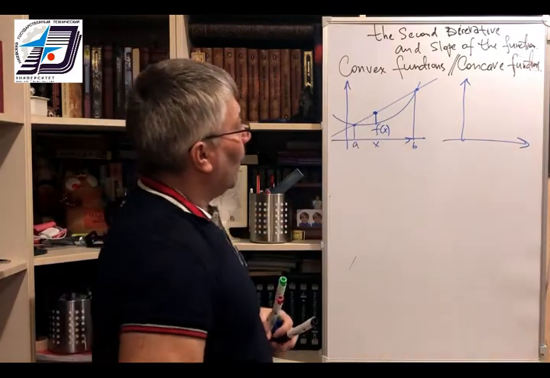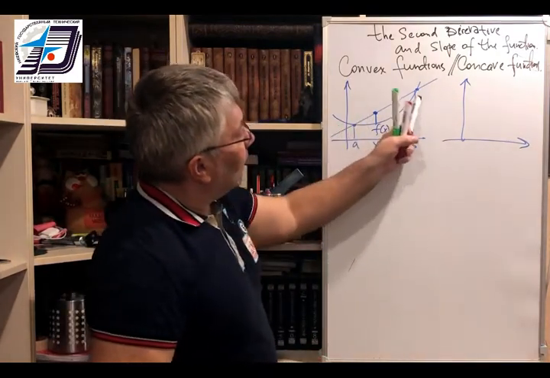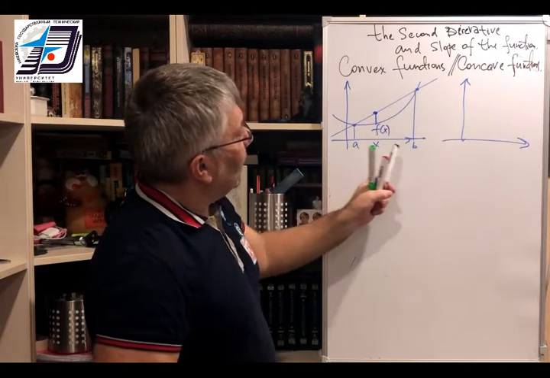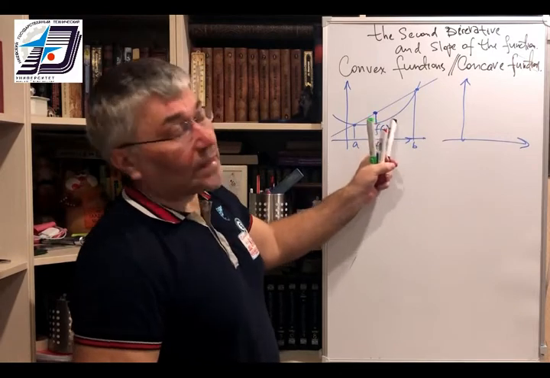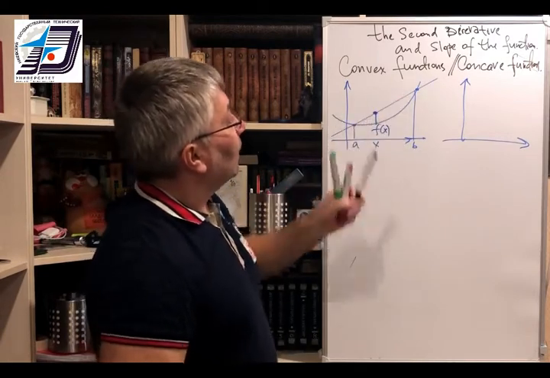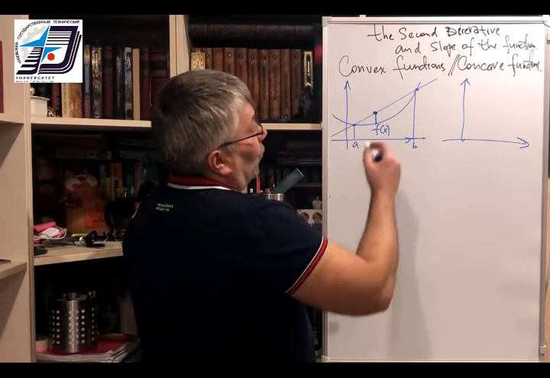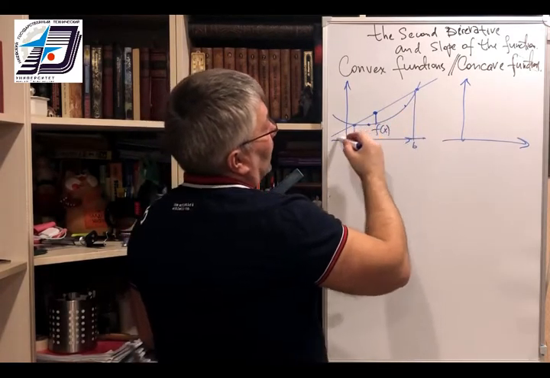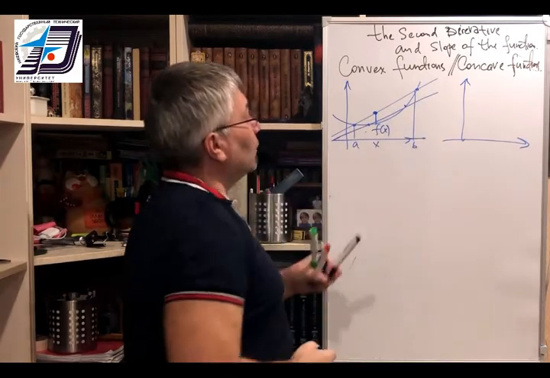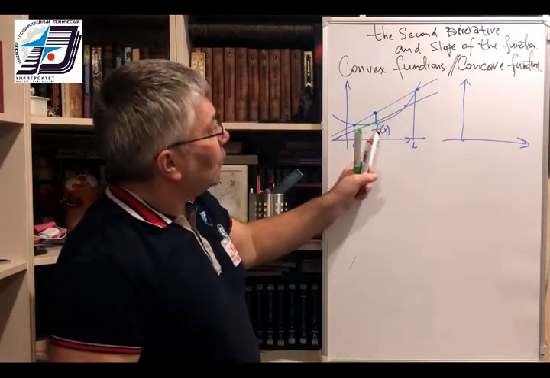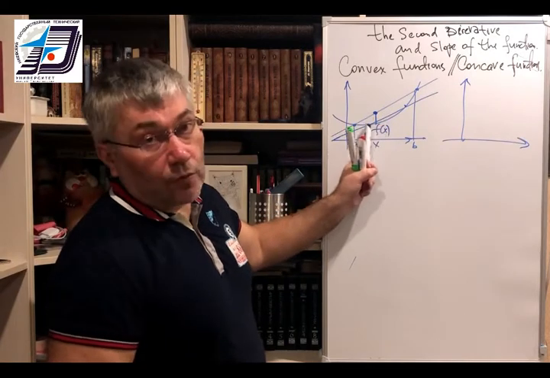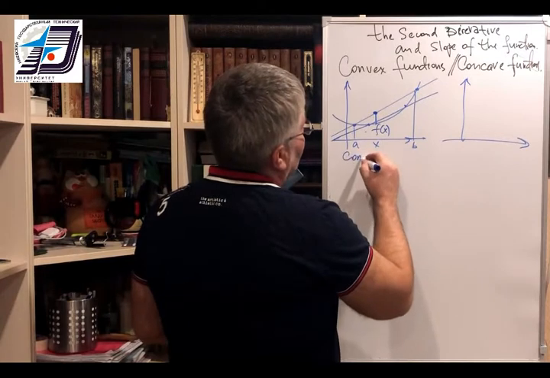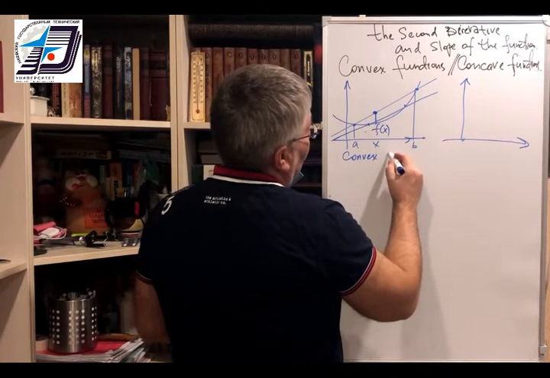So the curve of the convex function on the interval AB is always under any secant line which goes through any 2 points of f of x. For example, if I make another secant line, the value of the function f of x is always below this straight line. For this situation we say it is a convex function